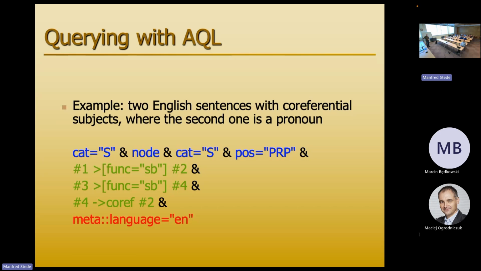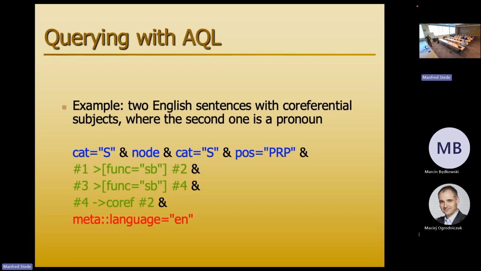#1 refers to the first thing that we built, #2 to the second, third, fourth. So the first and the second, which is the sentence and the anything, should be in a subject relation. And that narrows the search space a lot, right? Here we have all sentences, here we have all nodes we can think of, and now we want only those that are in subject relation. The same between 3 and 4, this sentence and the pronoun. And then we want these things to be co-referential. Which ones? Pronoun, number 4, and this guy, number 2. That's the last constraint. And by the way, the language in our corpus should be English and not anything else.